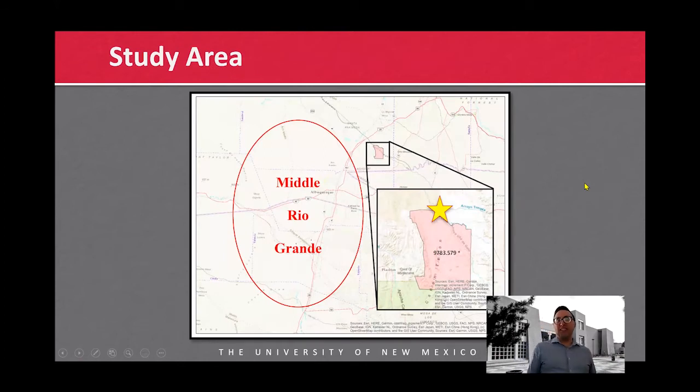Now, as I mentioned, my study site lands on the periphery of the Middle Rio Grande and other regions. You can see it here. The star represents the Pueblo of Tonque. Now, pueblos were structures that were made by the ancestral Pueblo people for housing for most of the year. They built them in room blocks, basically, where you'd have one room built next to another, built next to another. Sometimes you could be 2 to 3 to 4 stories tall. Pueblo of Tonque was probably only a single story, but it still had